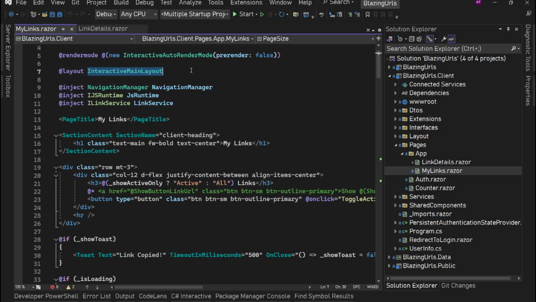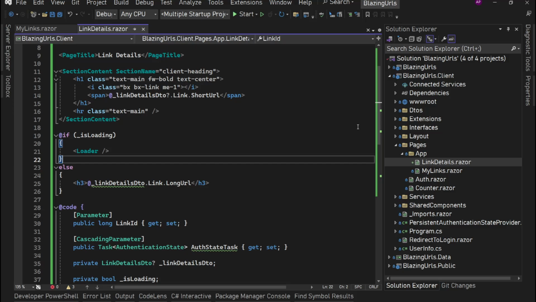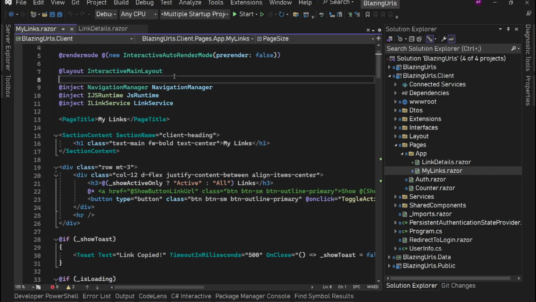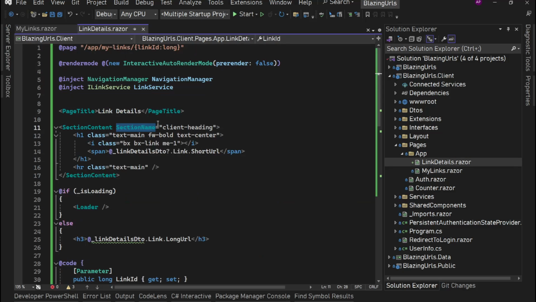Yes, we set this interactive main layout explicitly. So on the link details page, we are not setting that, that means it is using main layout, and because main layout and this section content does not exist there, there is a different section, so it is not rendering that. So now we need to use this @layout on this link details page as well,